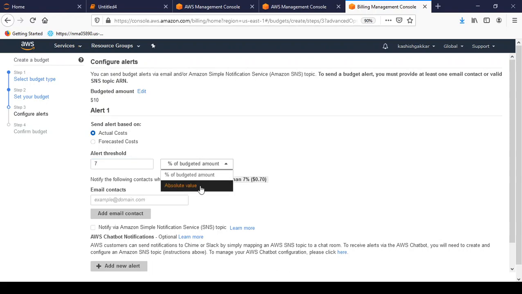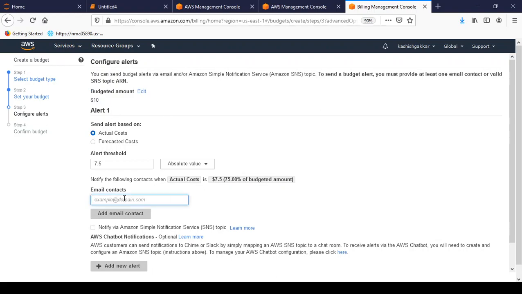Here you can say absolute value. So notify the following contacts when actual cost is $7, which is 70% of your budgeted amount. Similarly, if I enter 7.5, it has calculated that it is 75% of your budgeted amount. Our budget amount is $10, that's why.